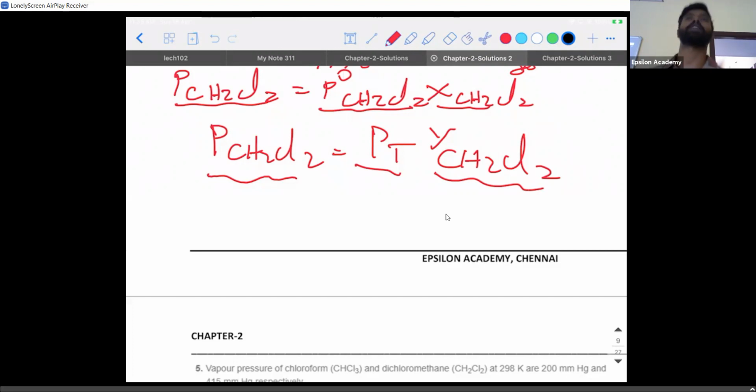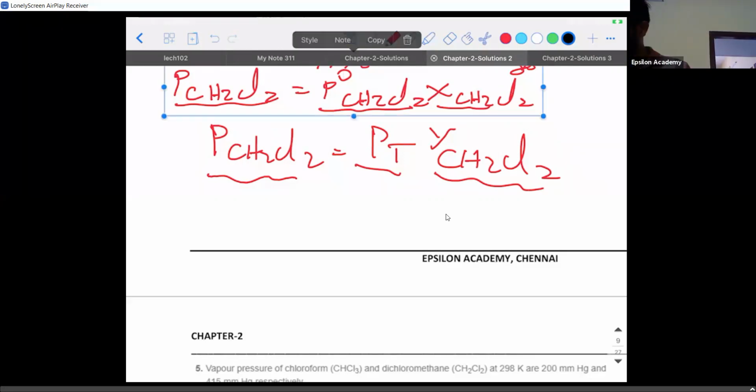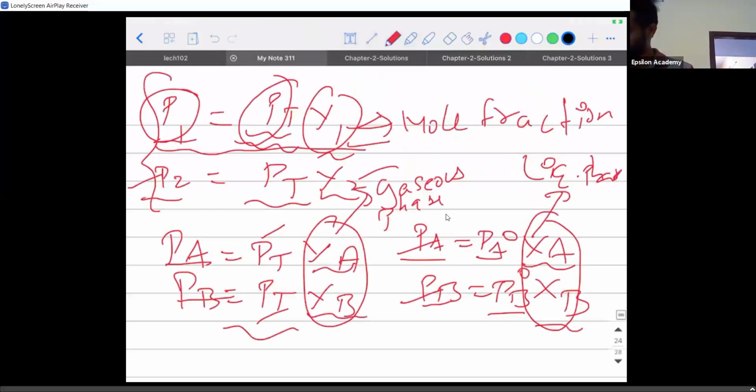Obviously, you have to know the number of moles formula and the mole fractions formula. Those are all concepts that come from behind. Okay, right? Cool. So I think we don't need to solve more questions on this. It's pure formula substitution. Other than this, no question can be asked from this area. Okay, so we'll move on to the notes.